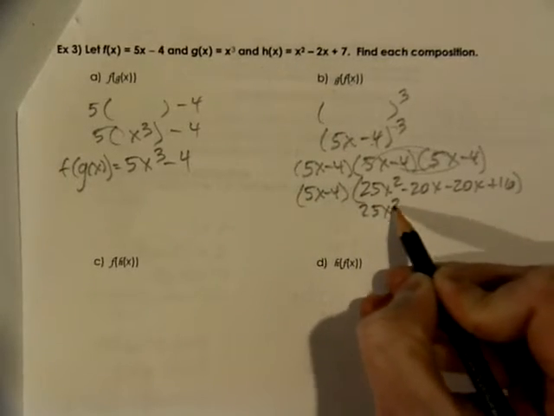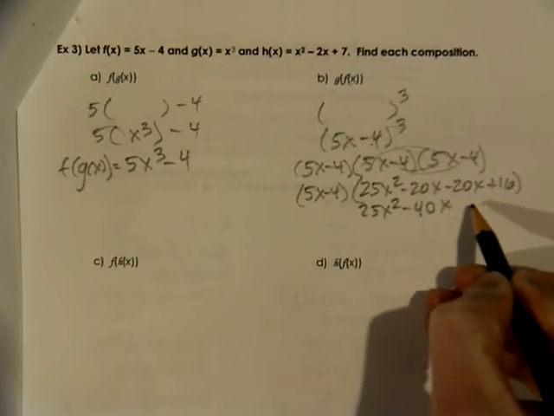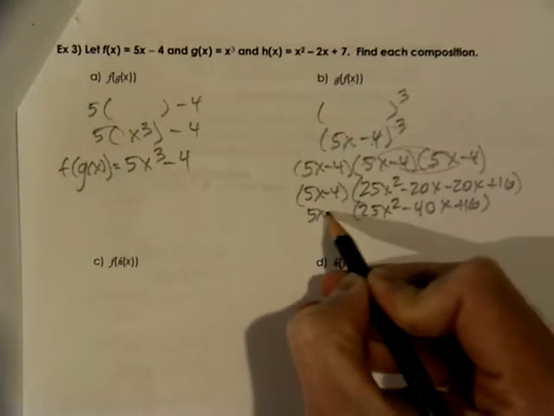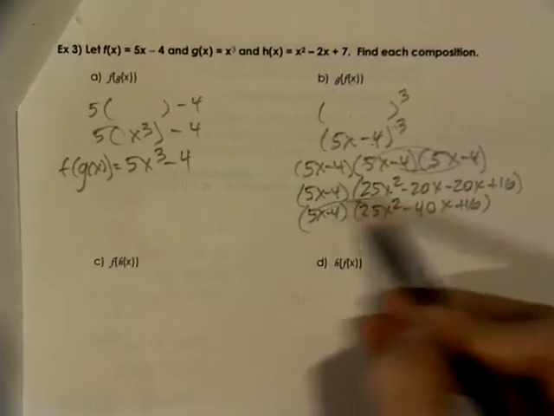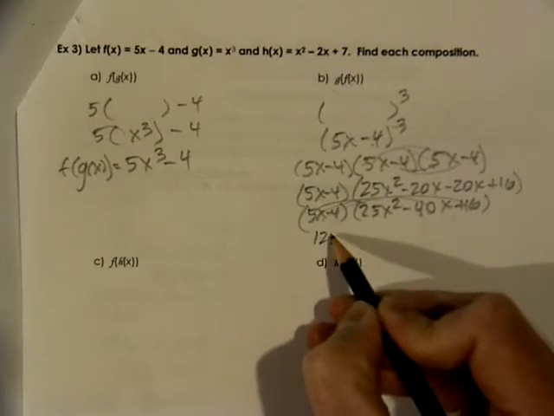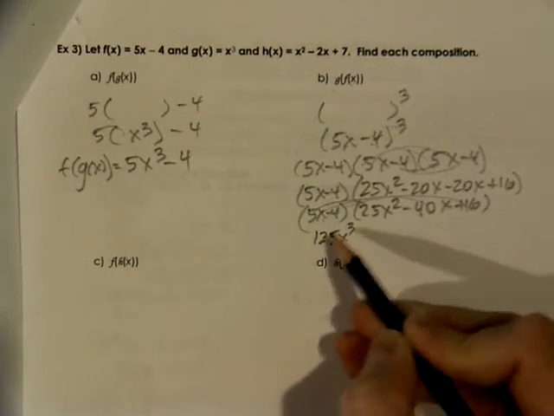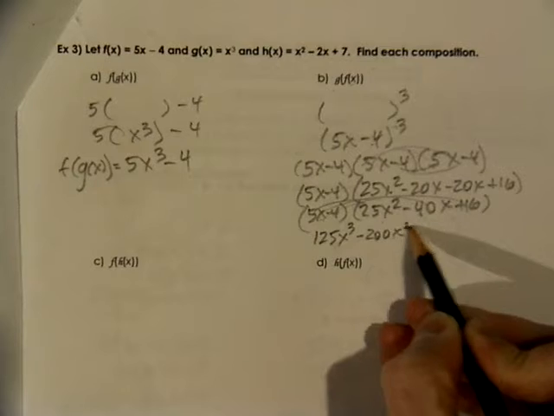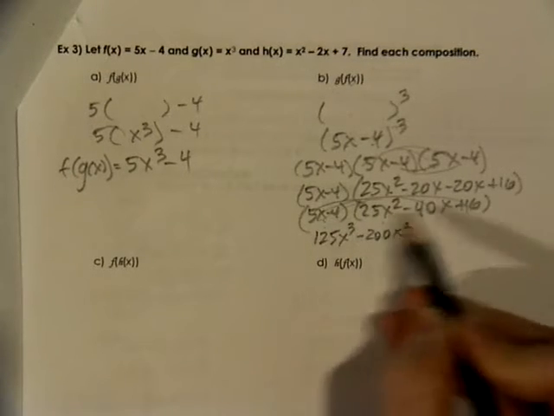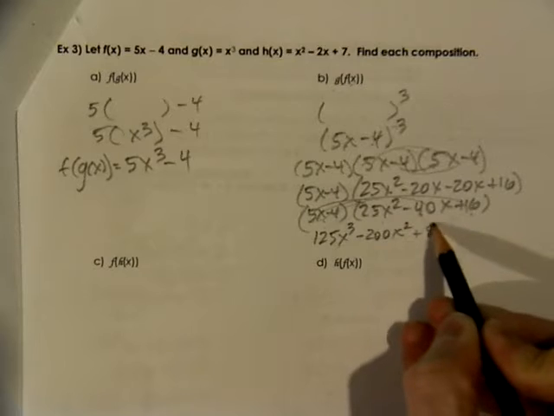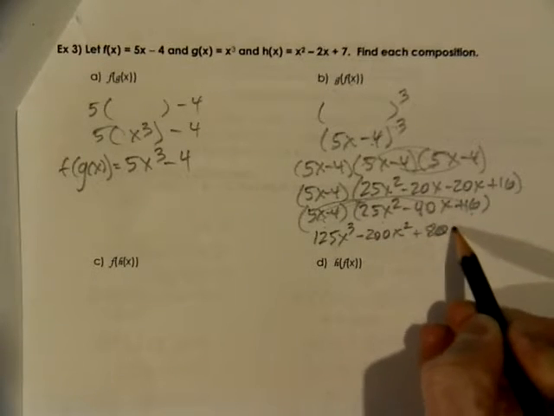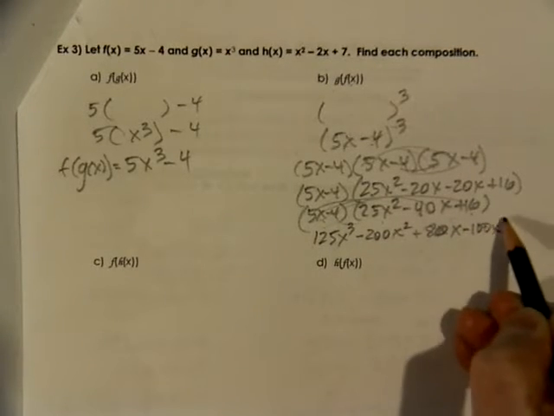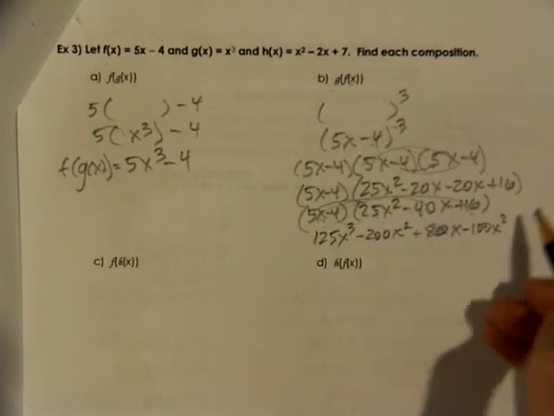So we'll collect our like terms. 20x and 20x is 40x, with your 5x minus 4. Then you distribute, which is 125x cubed minus 200x squared, x and x is x squared, plus 80x. And then you do the 4, which is negative 100x squared plus